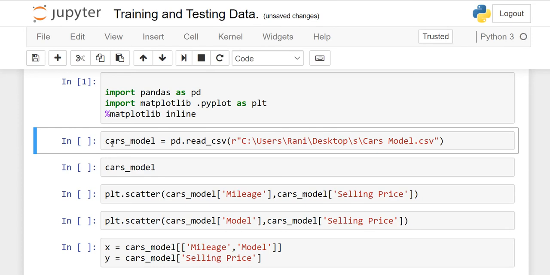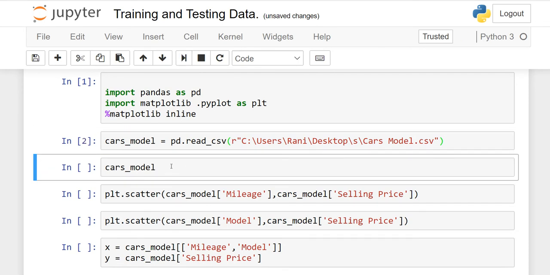After this we have to give some name to our data frame. As we are working on the cars model, I said cars_model, but again it's up to you, whatever name you can use here, is equal to pd.read_file. With the help of read_file we will import our data file here, and in quotation marks you have to write down the path of your CSV file. When we run it, sometimes it will give an error. In order to avoid that error, I have written r here, right? Okay, when I run it, it is successfully executed. Now we want to check whether our data frame is here or not.